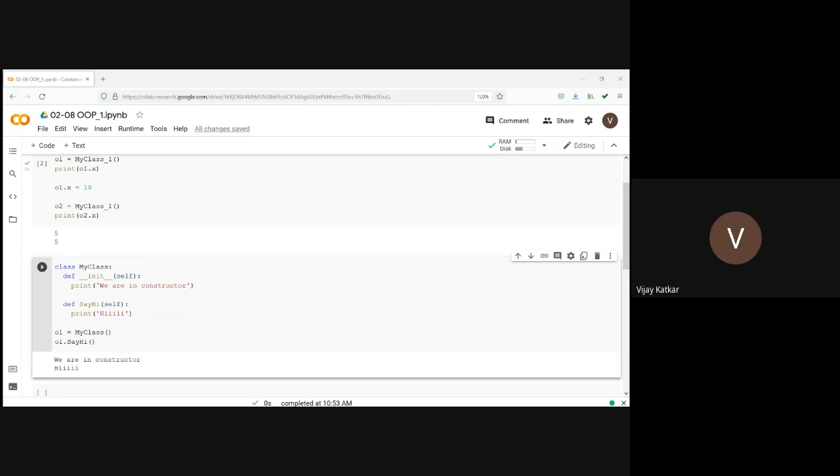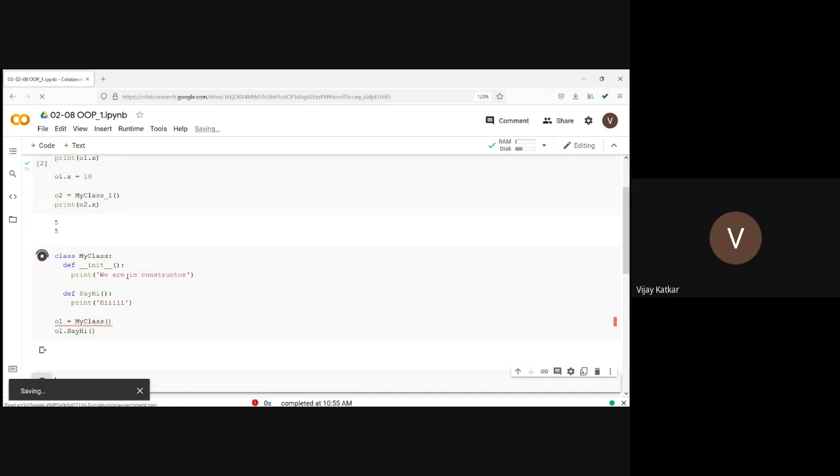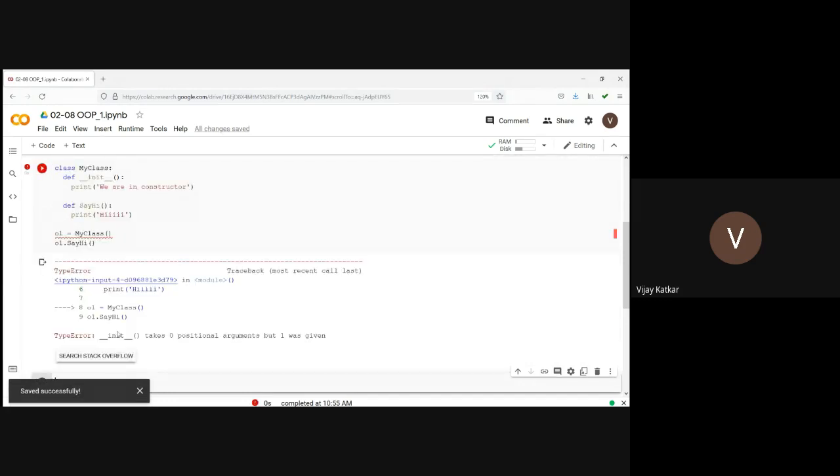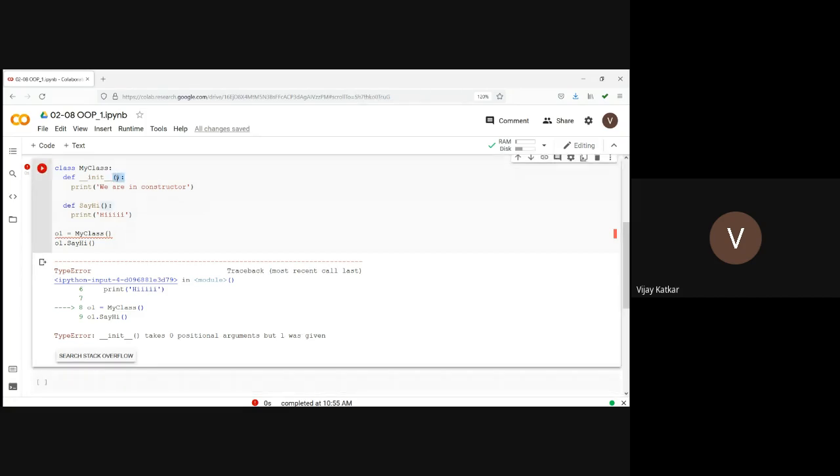Rutvik is asking, if self is not written, is it an error? Okay, let's delete this self. See, init takes 0 positional arguments, but 1 was given. Means what? I'm saying init takes no arguments, but the moment init is called internally, it will pass one argument, that is this or self,